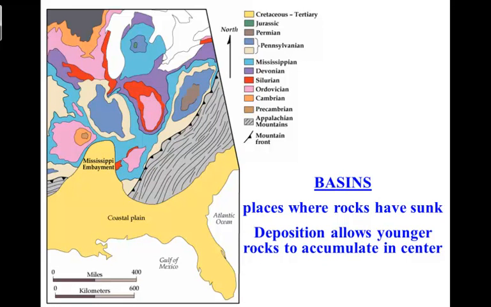A basin is the opposite of a dome. Here we have subsidence across a broad region. That subsidence allows younger rock layers to accumulate in the center of the structure and older rock layers surround it on all sides. How many basins can you find in the map area? Well, there's one basin here. This is the Illinois Basin. We have younger Pennsylvanian rock surrounded by older early Pennsylvanian and Mississippian rock.